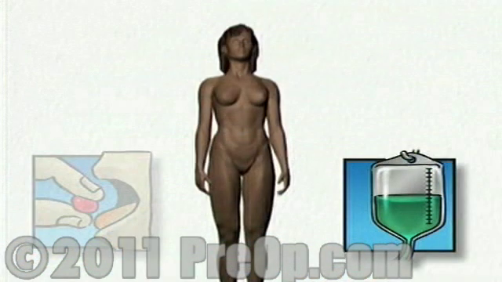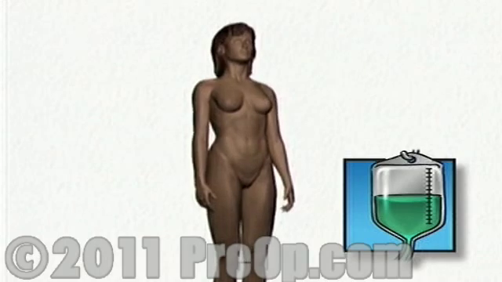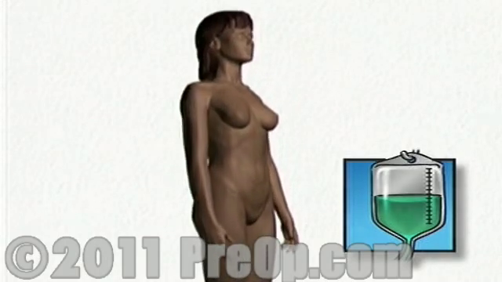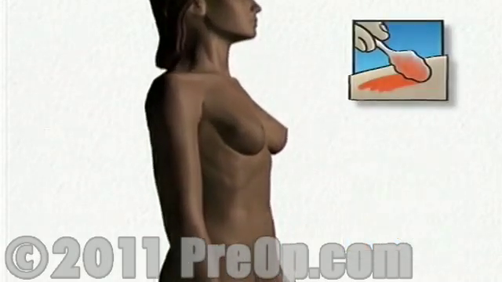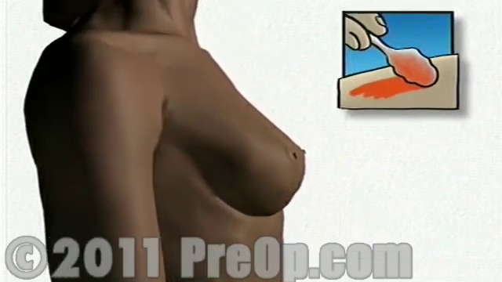On the day of your operation, you'll be asked to put on a surgical gown. You may receive a sedative by mouth and an intravenous line may be put in. You will then be transferred to the operating table. Your doctor will scrub thoroughly and will apply an antiseptic solution to the skin around the area where the incision